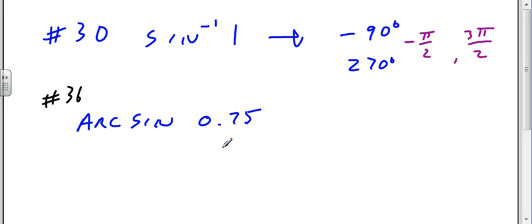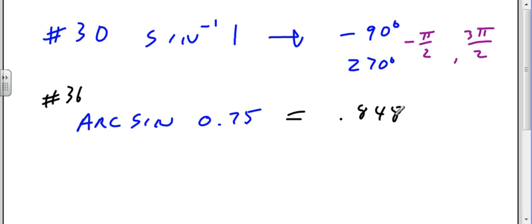Luckily, I have my calculator. I didn't think I had it there for a moment, but I can go to mode and change to radians. I don't have to be in pi, I just have to be in radians. So I'm in radians, and I want the arc sine of 0.75, and my calculator says the answer is